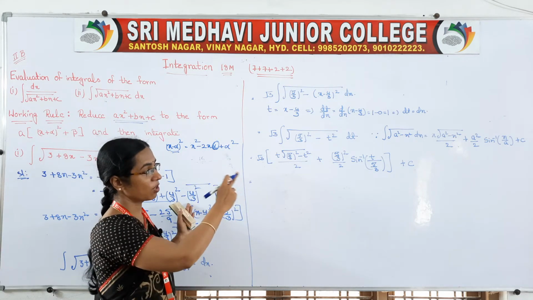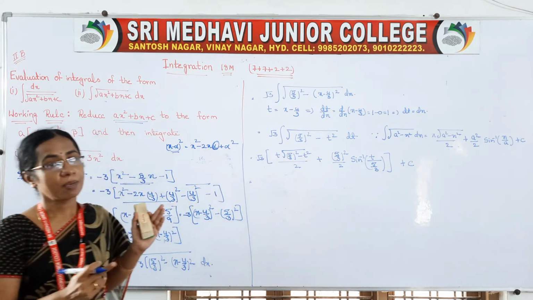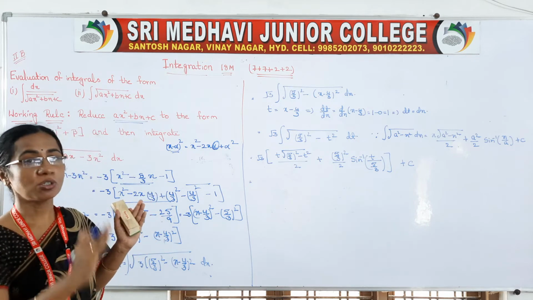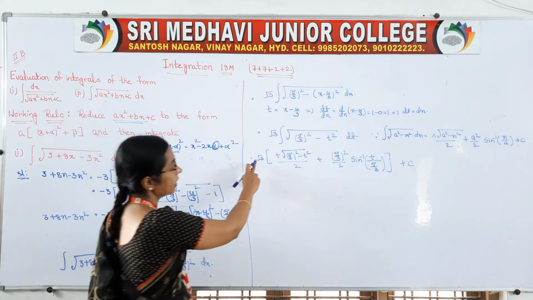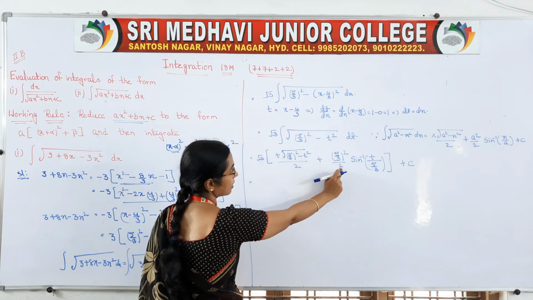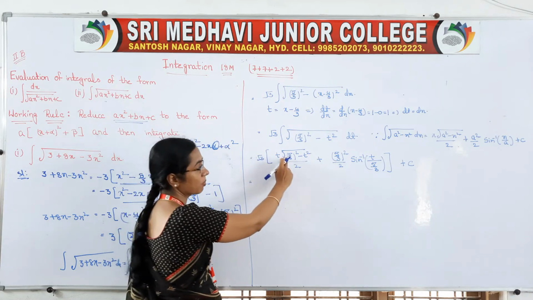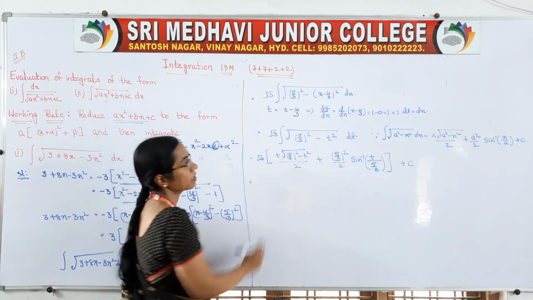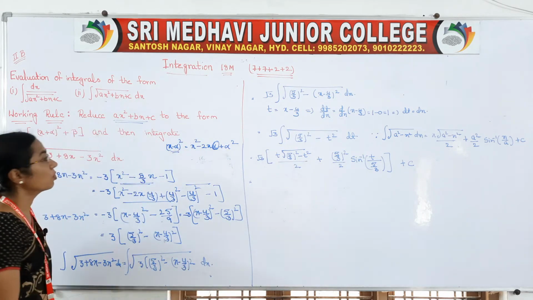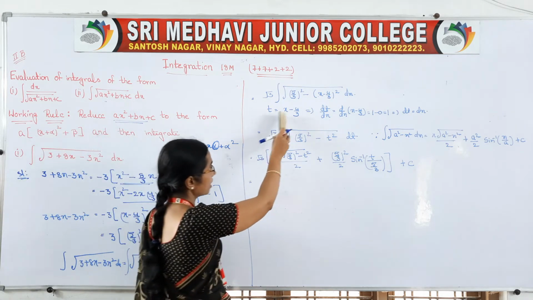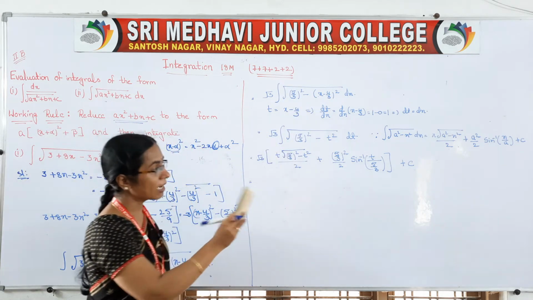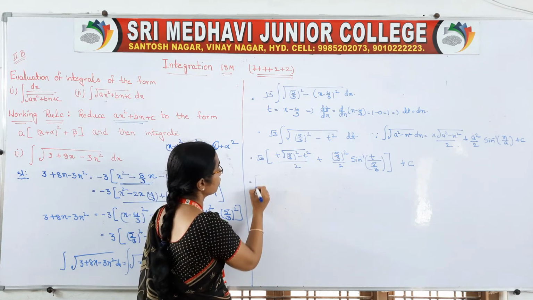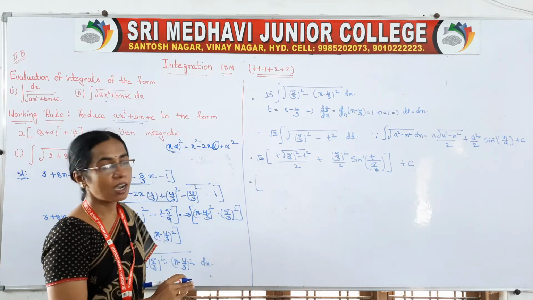But in this problem, if you observe, the answer is in terms of t, but the question is in terms of x. So the answer should also be with respect to x only. Root 3 is common, it should be multiplied with this term as well as with this term. And in t place you substitute the t value, t is equal to x minus 4 by 3, and simplify, you will get your answer. A little bit lengthy, but if you do it, you can get the answer.